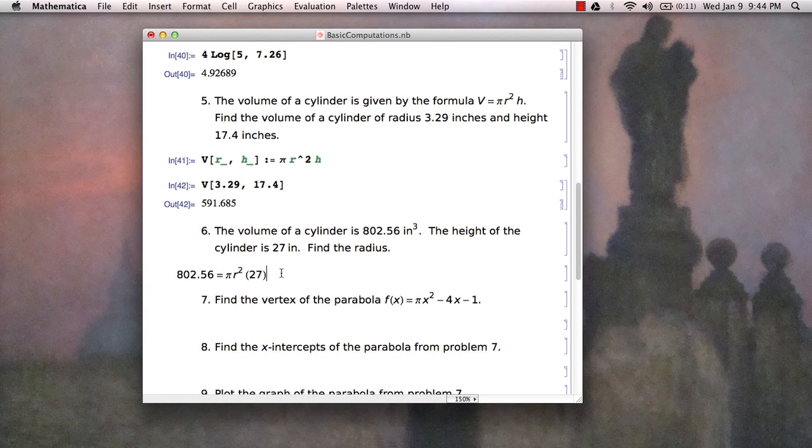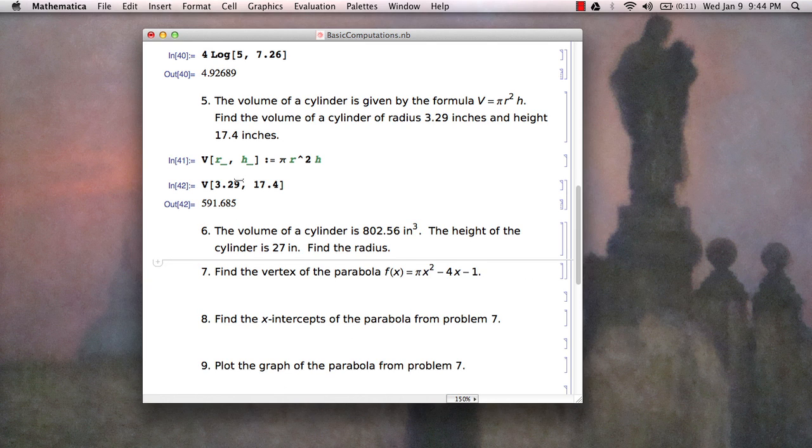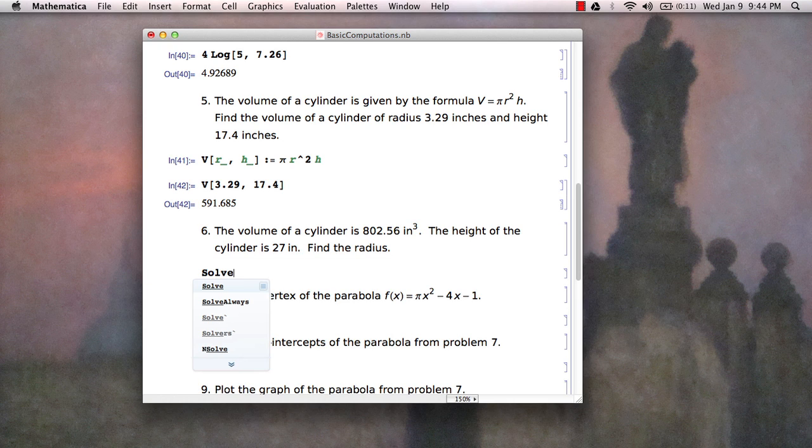And then you'd want to solve that equation for R. Well, we don't need to type all that. We have this function defined, V. So what we need to do is solve this equation. Symbolically, using function notation, the equation we're trying to solve is this one. I'm going to go solve,